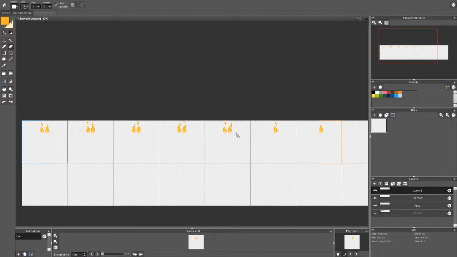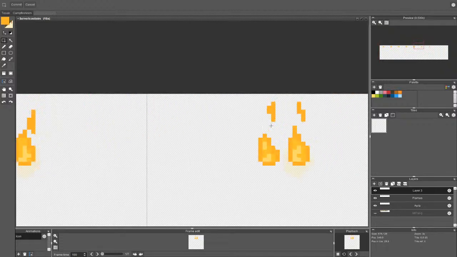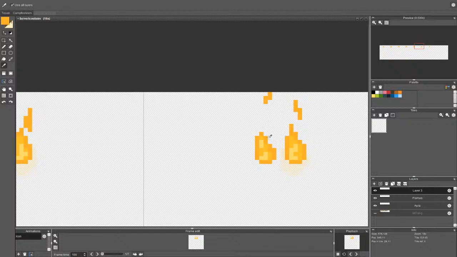And we can now move this a little bit higher, make it completely disappear slowly. And let's move back to the middle. Like this.